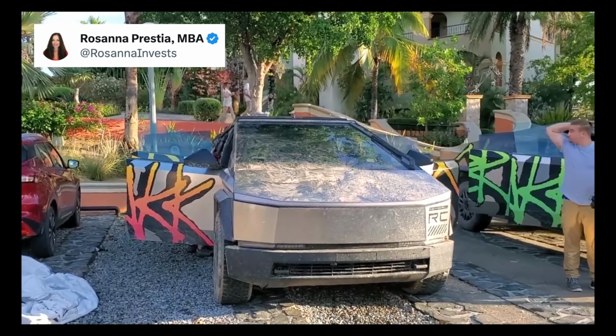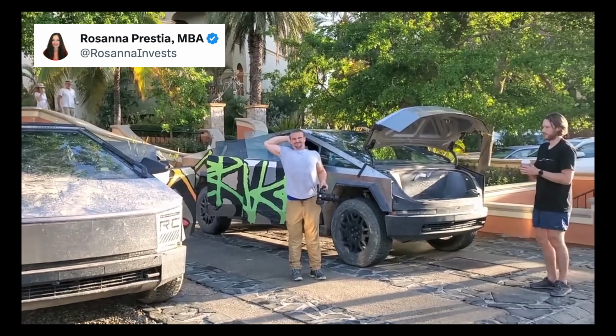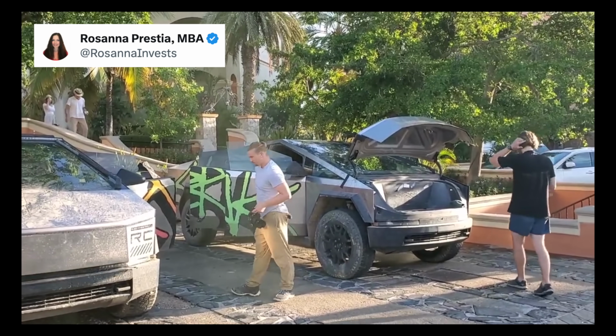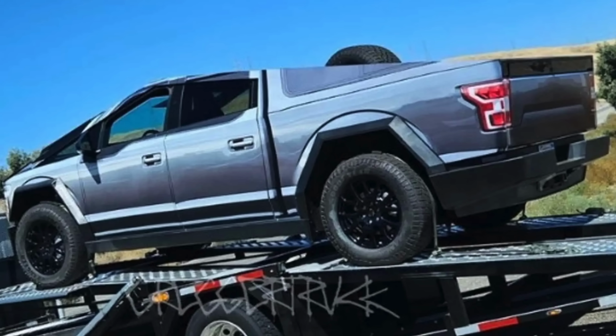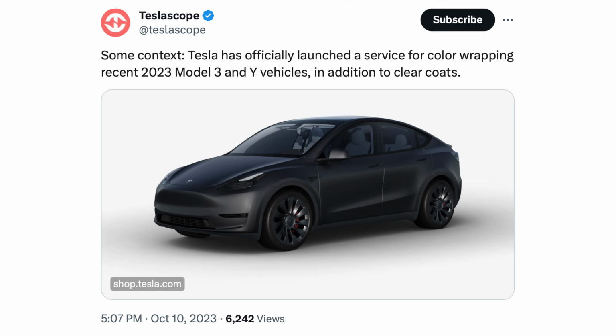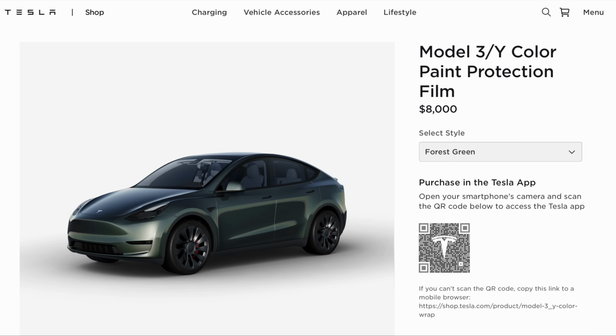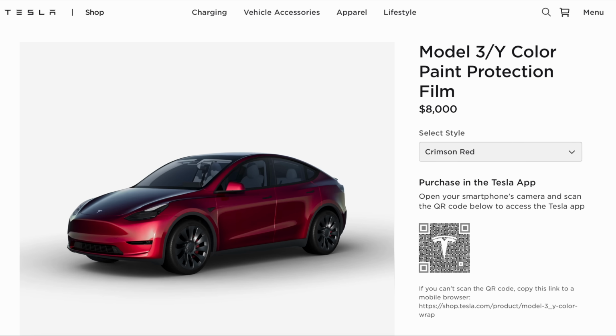smaller parking spaces. These wrapped Cybertrucks have had people wondering if Tesla would start offering some sort of in-house wrapping service for their vehicles. We've seen the Cybertruck with all kinds of wraps, even complex ones, imitating other truck makers, so someone over there is obviously interested in the possibilities here. Well, Tesla has now launched an official color wrapping service in addition to clear coats. This page is for recent 2023 Model 3s and Ys and ranges from $7,500 to $8,000 depending on the color